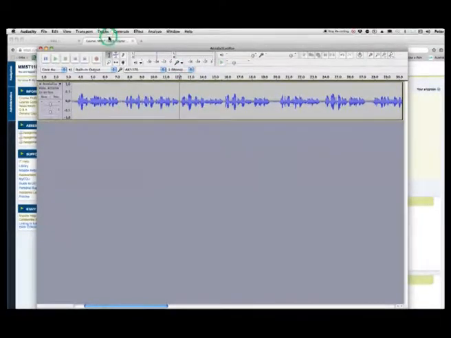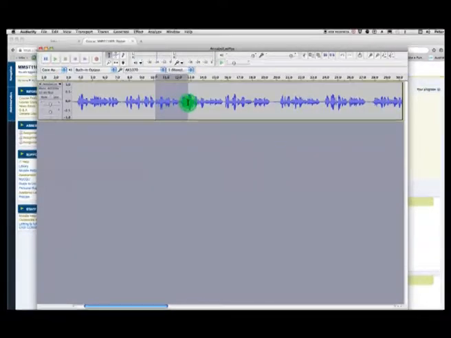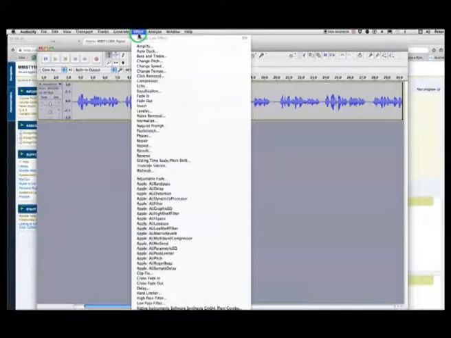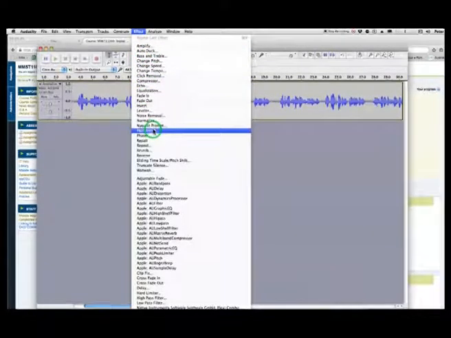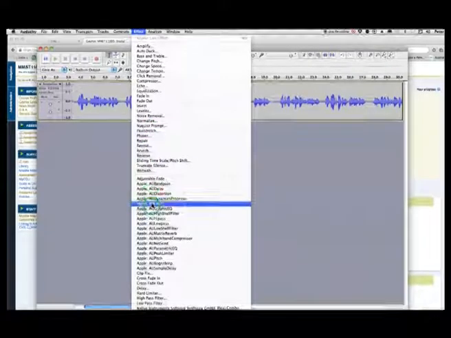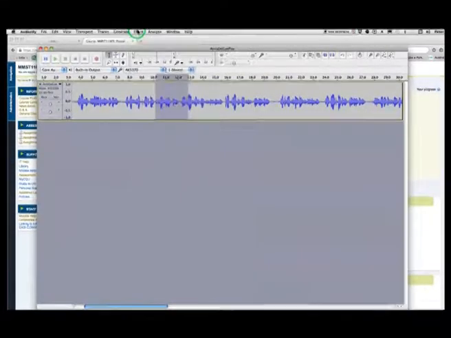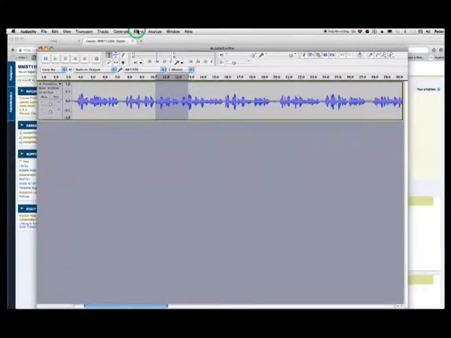There are other tools, and one day I'll get into that more, but you can generate effects onto things. You can select a part. You can change the pitch, change the speed, put echo on it, fade it in, fade it out, put reverb on it. So I won't do that today, but you just play around with that stuff and have fun with it, because it's actually good fun software.